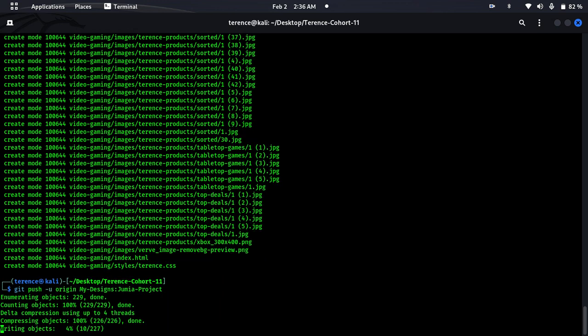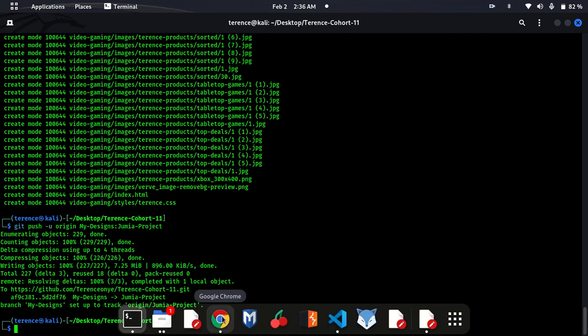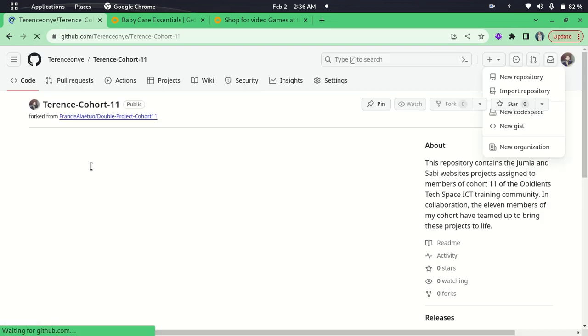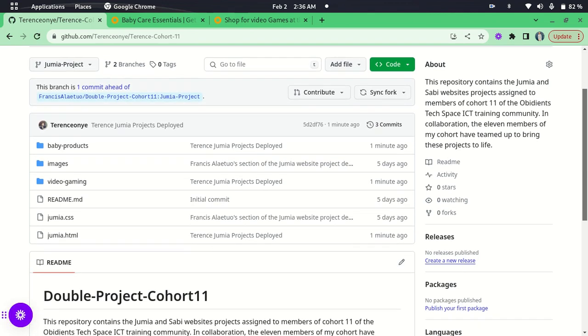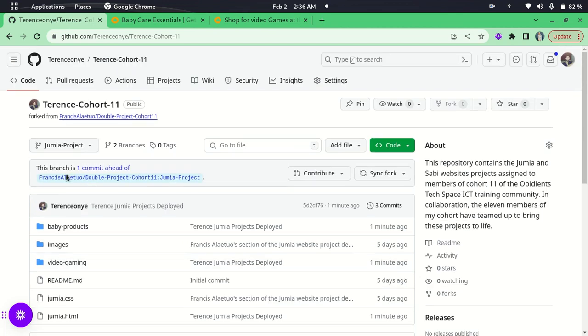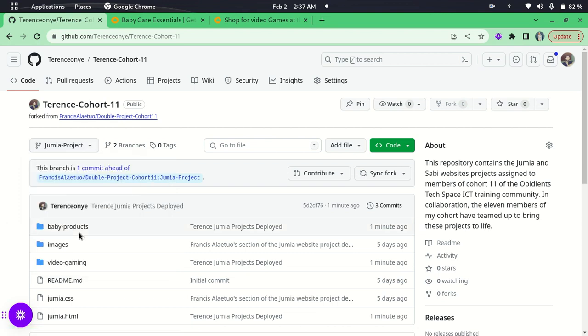Okay, it's pushing. So this is how you push across branches. So let's check what happens. Let me refresh this. Okay, you can now see I have my 2 projects in it. So you can see I'm still on Jumia. So I have pushed from my designs to the Jumia, and let me see if I can create a pull request,